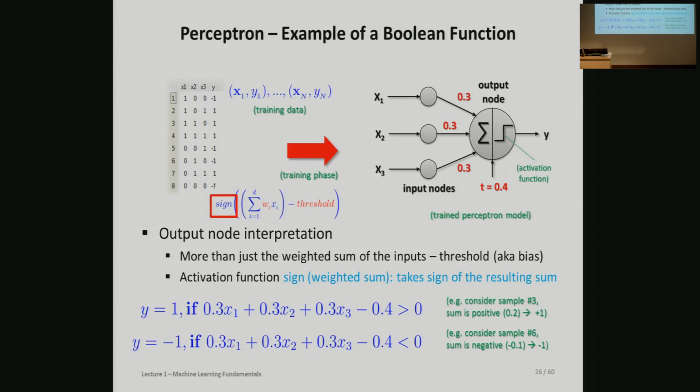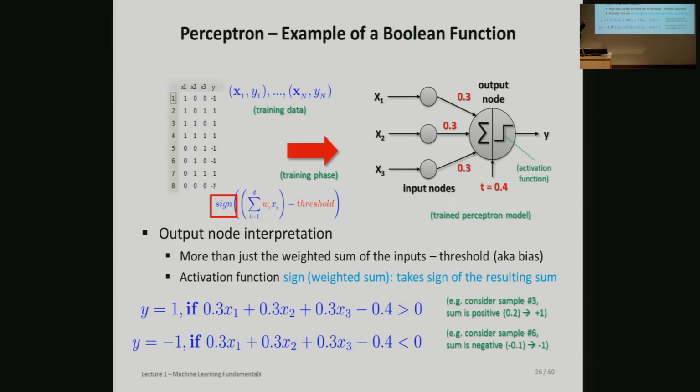Right? And then the counterexample, which is here sample 6, we pick this one, where we multiply these x's here, put that in the weight formula that we learned, and come out to a value which is smaller than 0. Right? This is very simple, but it explains this sign function. With a sign, you just say +1, -1, and you have already done basically a classification. Now, you don't want to do this manually. This is what the perceptron learning model and algorithm is doing for you.